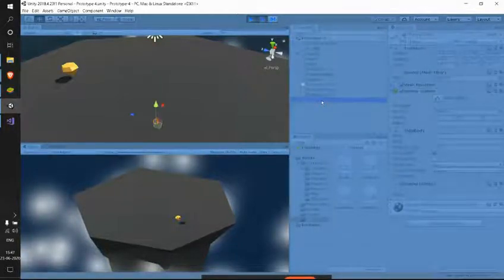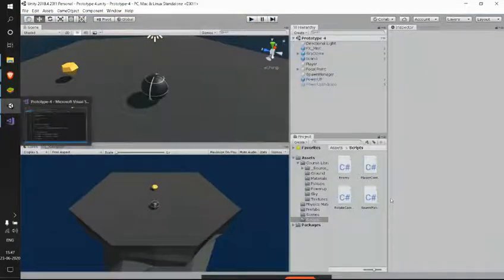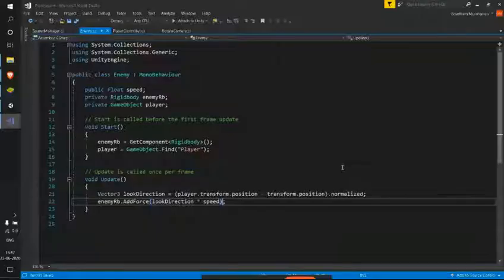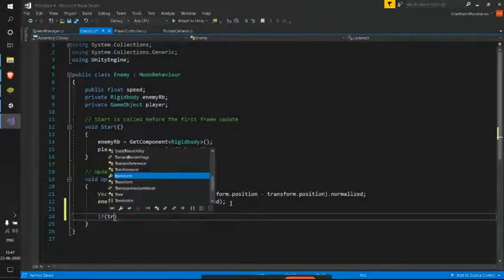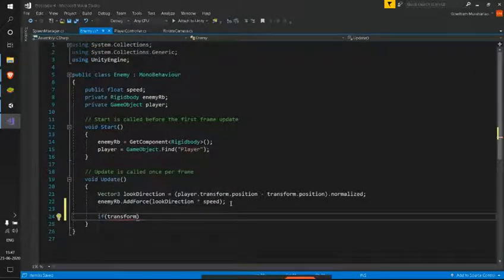They are not dying. We need to find some way to kill them once they have fallen off the floating island. So here, let me go to my enemy script and add that functionality. In the update here, I'll be checking for my game object's position. This enemy.cs script is attached onto every enemy, right?